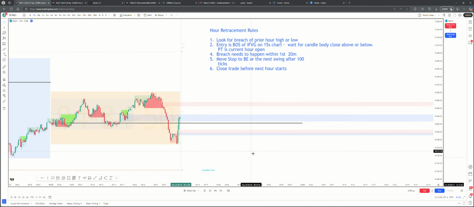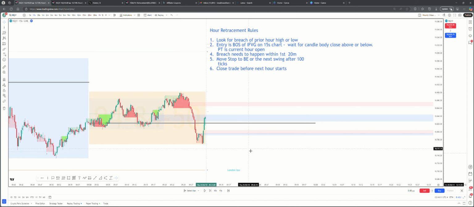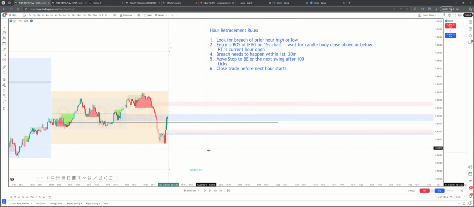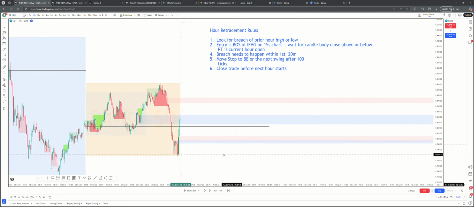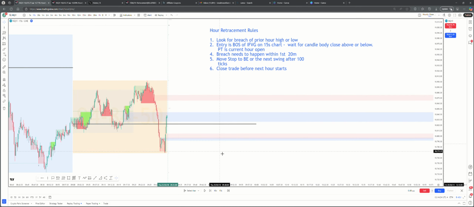Wanted to show you how I backtest the hour retracement model that I've been using, with the data from nqstats.com. If you haven't already checked that out, please do. Chris has shared a lot of powerful information there, from data from the last 15 to 20 years on NQ. So check it out and come up with your own model, or check this one out and see how it